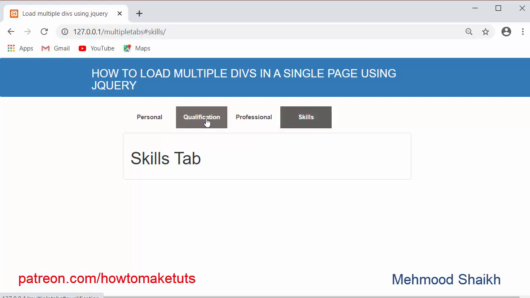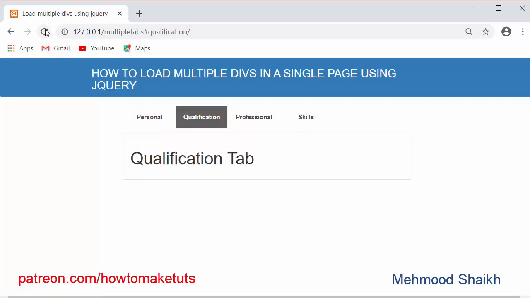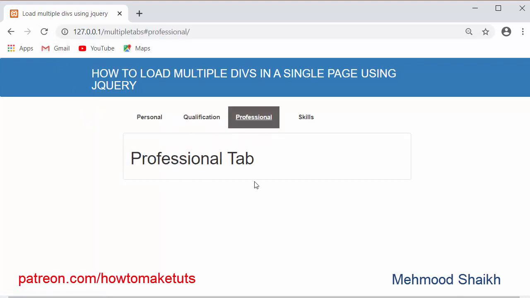Now if I click on qualification and refresh, it will not come to the personal tab. If I click on professional and refresh, as you can see, the content will be visible there itself. So this is the functionality which we are going to create in this video.